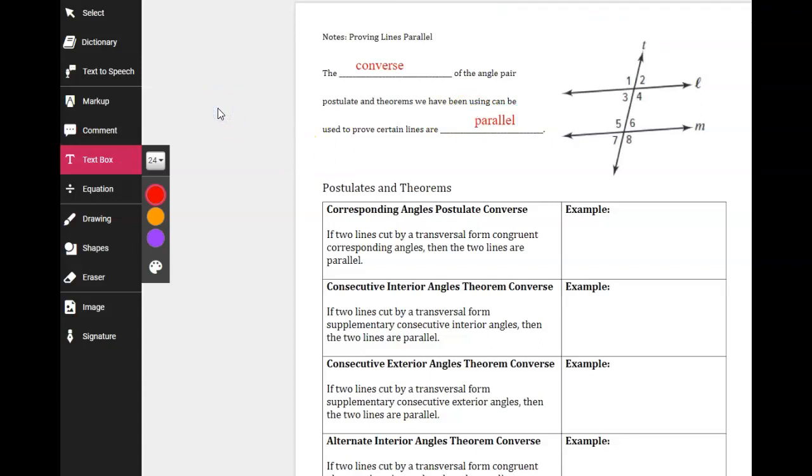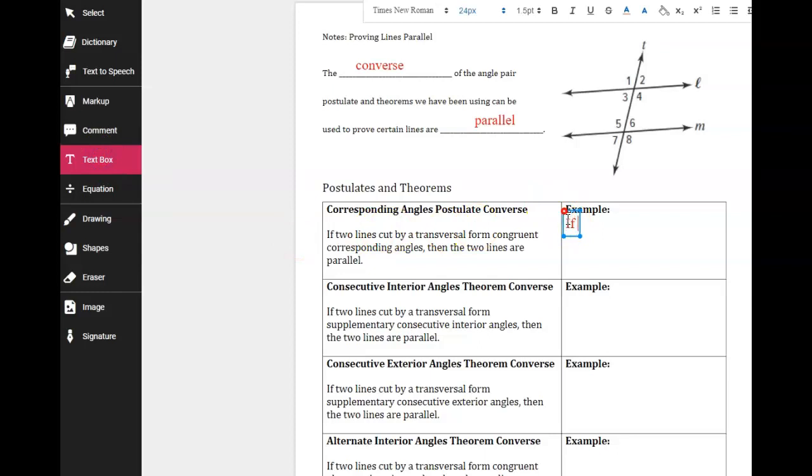So let's look at the converse of the corresponding angles postulate. It says, if two lines cut by a transversal form congruent corresponding angles, so the corresponding angles are congruent to each other, then the two lines that are cutting that transversal are parallel to each other. So it is exactly the converse of what the actual postulate says. So an example might be